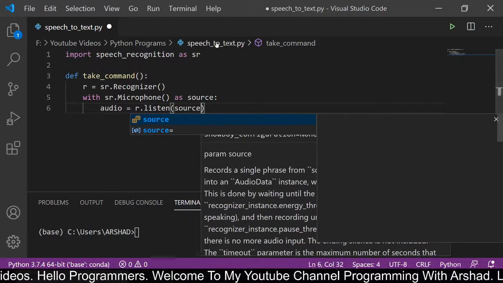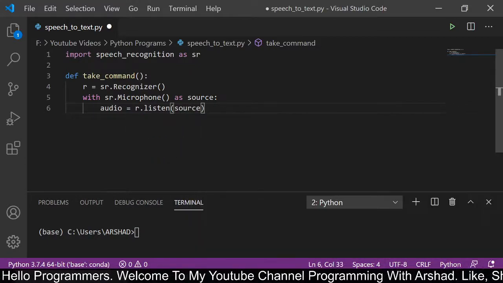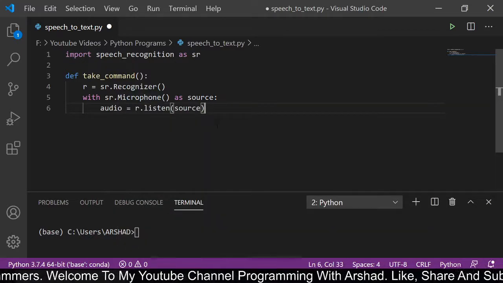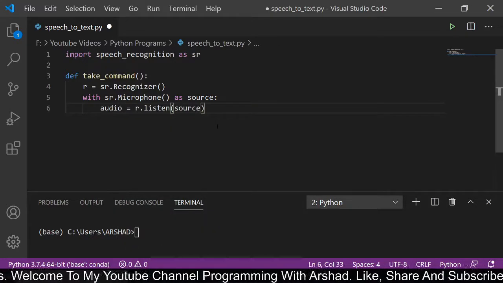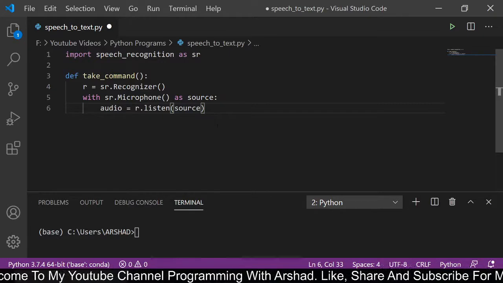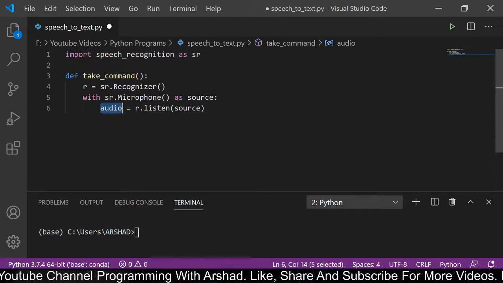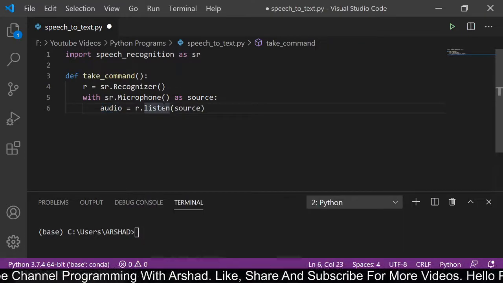So guys, basically what we are doing here means: with sr.Microphone() as source, I am using a microphone, or laptop or computer's microphone, as a source, and then I am declaring a variable named audio which will listen to the source.